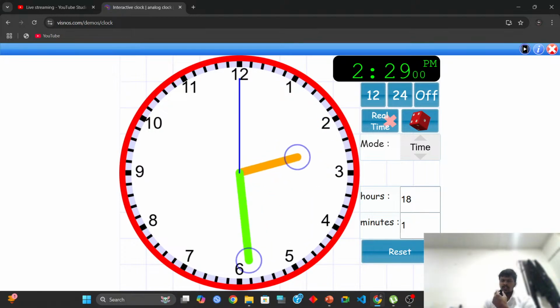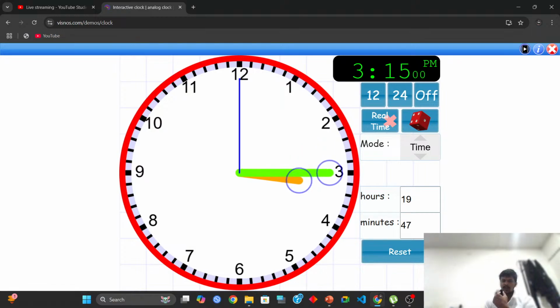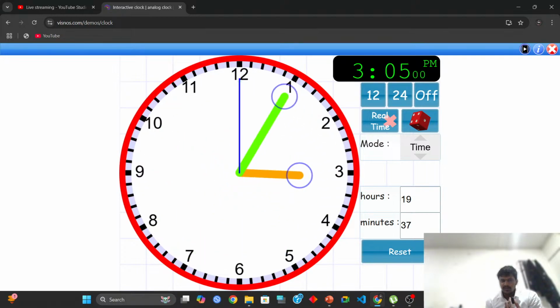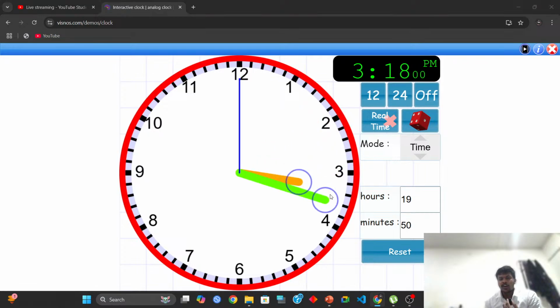And if you go on to 3:50, again you are not going to get your overlapping. You are going to get your overlapping at 3:16 or 3:17, but not on 3:15. The reason here is, by the time the minute hand comes to this 3, in that time the hour hand is going to move away. By the time the minute hand comes to this position, the hour hand is going to move away from 3. Because of that,